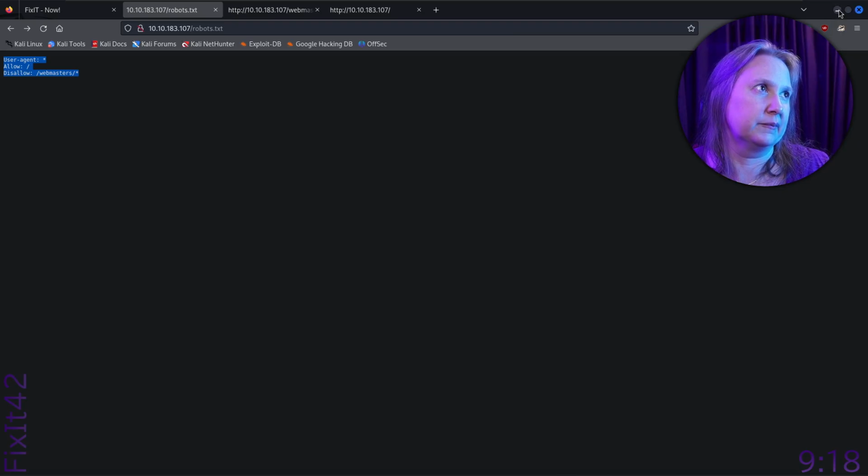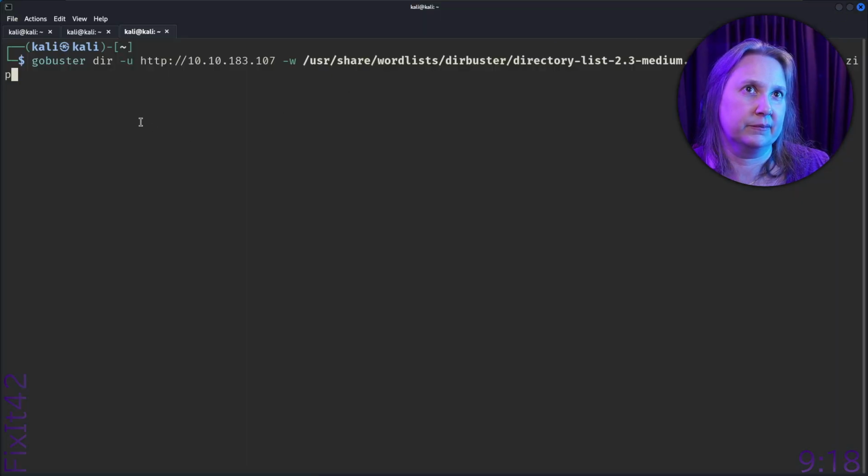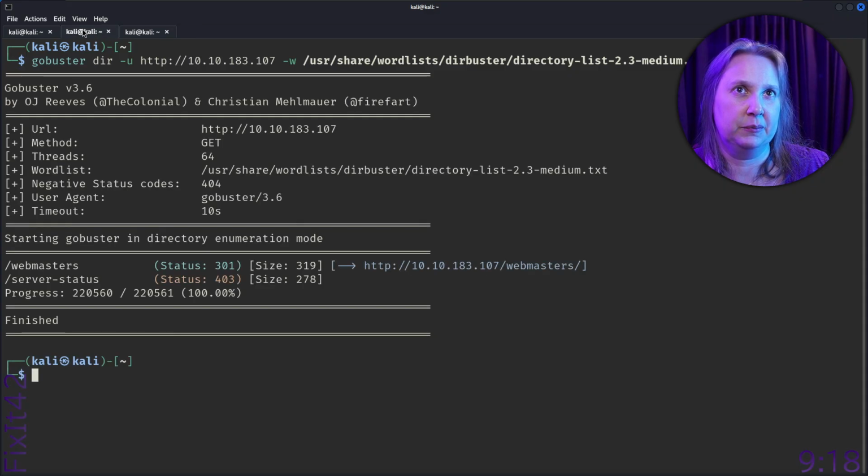So this command we're just typing, and I assume this will be finished, right? So it found also a server status, which is 403. Well, this is 301, and it redirected as we saw before.